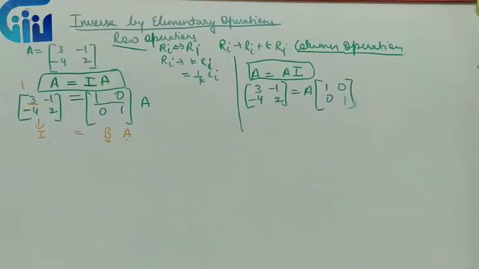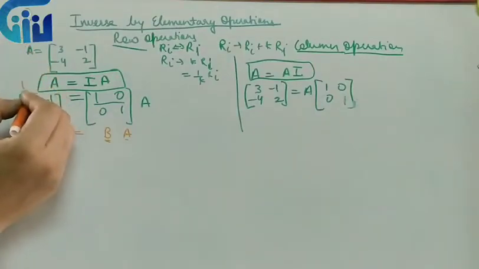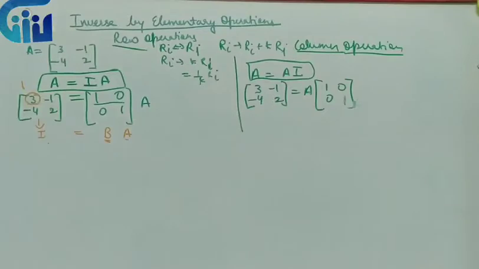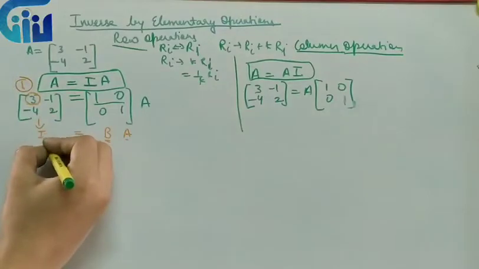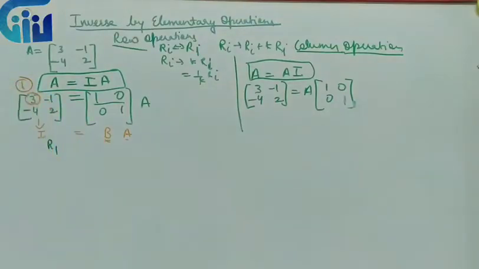Clear? So first step that we will follow is, in all the questions, the first element we will always make 1. And we make 1 mostly by dividing it with whatever number is present over there. So everybody has to remember this. First step will always be R1. If it is 1 already, no need, no worry. We will be doing this question. Let's count the steps. For all the questions, you will be following these steps only.